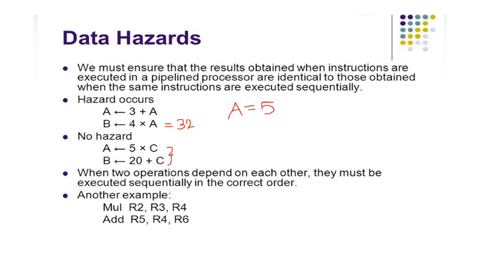Consider this example. Here two instructions are being shown: mul R2, R3, R4 and add R5, R4, R6. These two give rise to data dependency. The result of the multiplication instruction is placed into register R4, which in turn is one of the two source operands of the addition instruction. Assuming that the multiplication operation takes one clock cycle to complete execution,